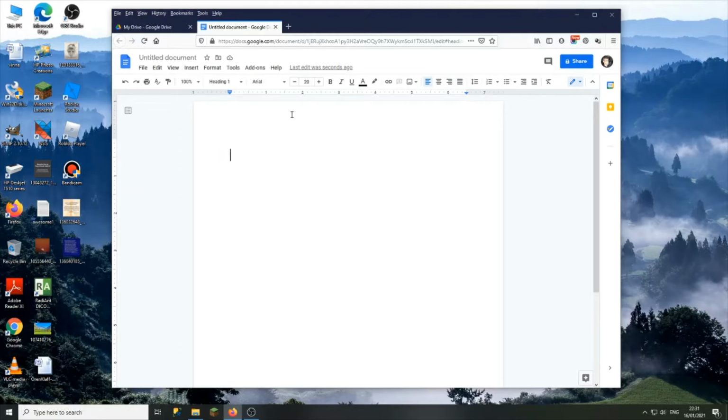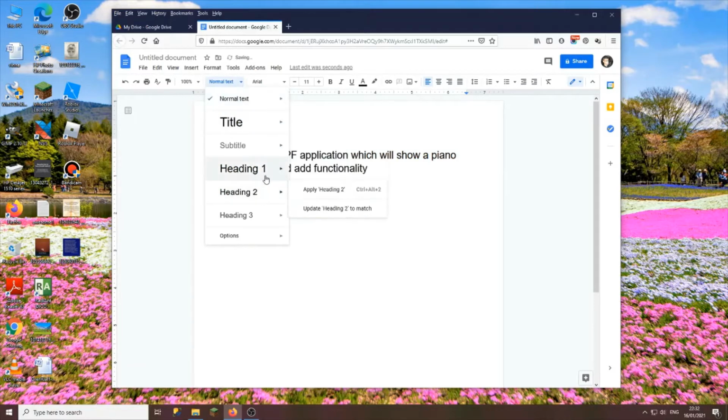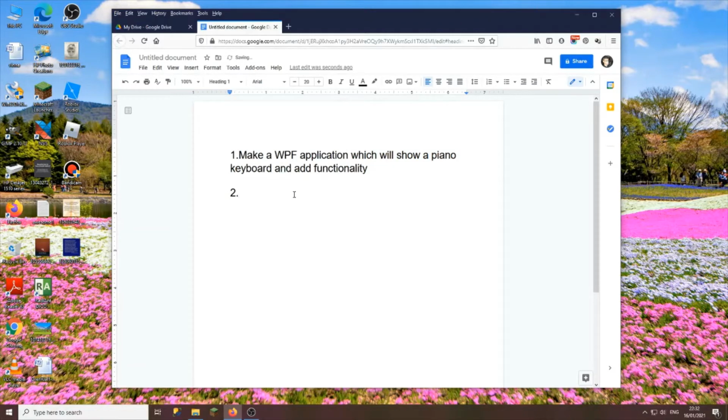So I'll just outline the steps here. The first thing will be make a application which will show and add functionality. Then this is heading 1. We'll make a heading 1. Second will be,